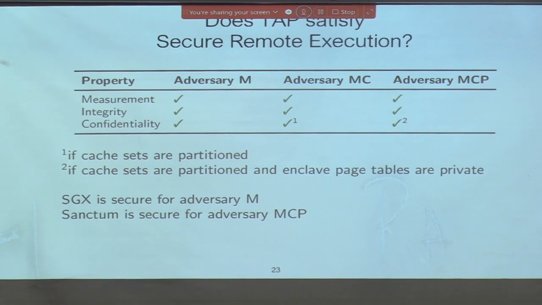So TAP is a specification for the real hardware. On top of that, to achieve secure remote execution, you need to use TAP in a particular way. TAP is like a formal model, and then you have to check these three properties, measurement, integrity, confidentiality, on this formal model. These are all what are called two-safety properties, which means the way you typically do this is you make two copies of your system. You compose, it's called self-composition, and then you can run a model checker to explore the executions in parallel